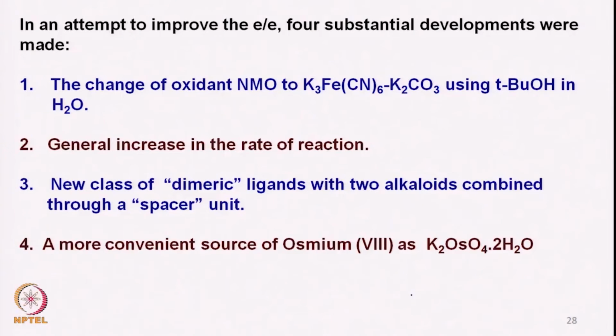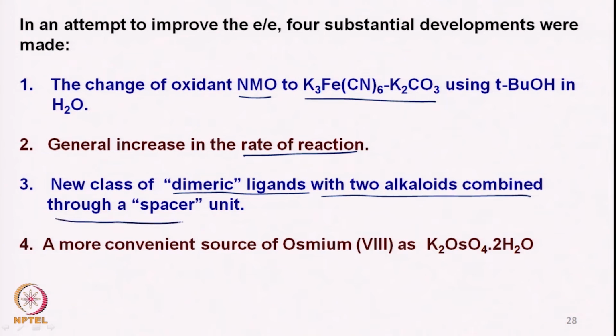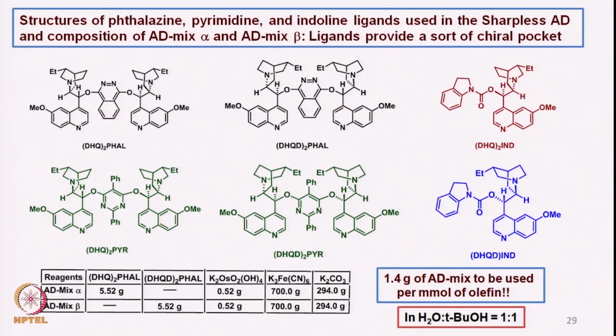So basically four substantial developments were made. The change of oxidant from NMO to potassium ferricyanide in water and tertiary butanol medium led to the increase of the rate, and of course they also introduced some new dimeric ligands with the same two alkaloids but with a spacer unit, and a more convenient source of osmium tetroxide was used, as this particular salt of the osmium tetroxide. So these are the structures of various spacers which have been used, and this is the structure where phthalazine